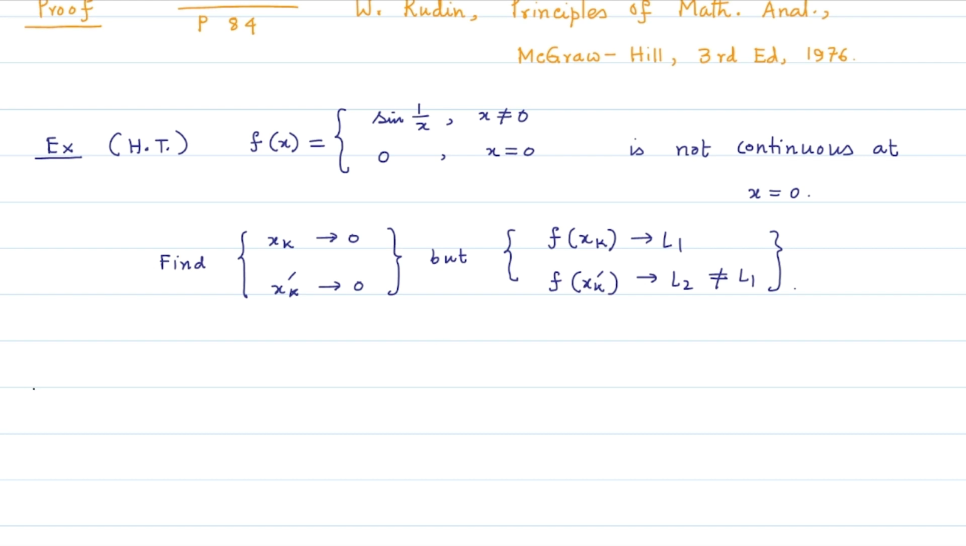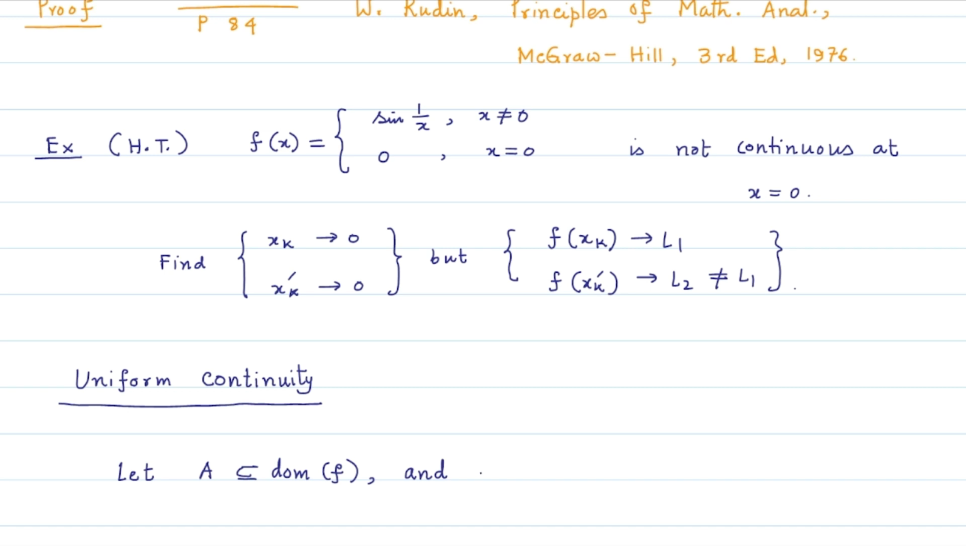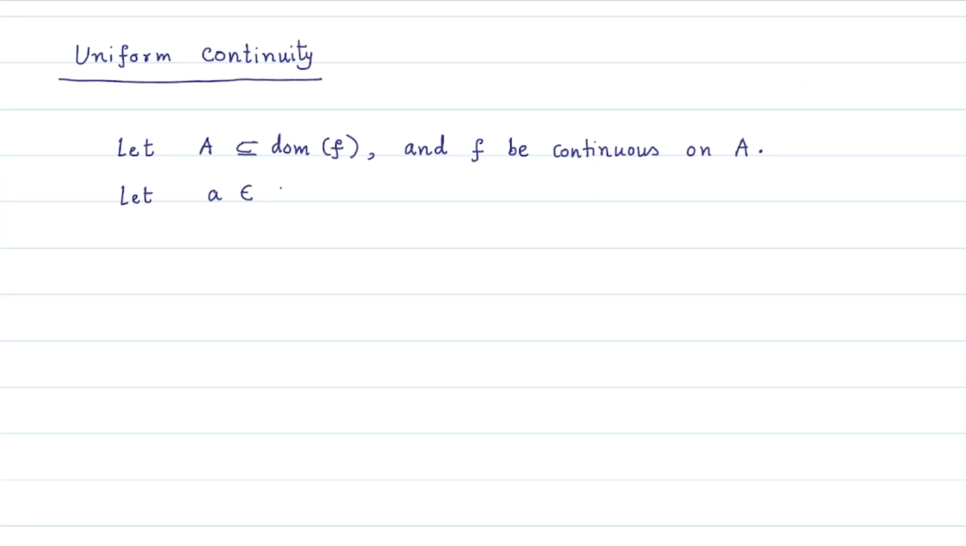Now we will discuss the notion of uniform continuity of a function. Let's suppose we have a function that is continuous on a subset of its domain. Let us consider this set to be capital A, and the function f is continuous on the set A. That is, f is continuous at each and every point inside the set A. Let small a be a point in the set A. Then due to the definition of continuity of f at the point a, for any given epsilon greater than 0, there exists a delta greater than 0 such that for any point x in the domain of f